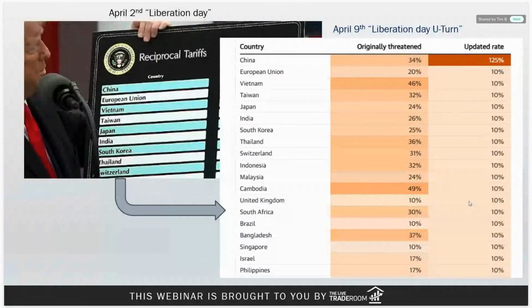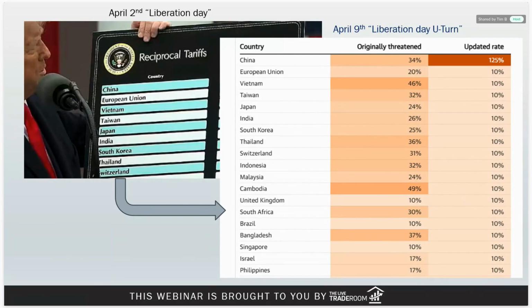Now, this is the broadest and most widely imposed tariffs since the 1930s, again by the US administration. So we haven't seen this type of move play out for quite some time. Now, that's quite important in terms of how financial markets are likely to react to this. So with that in mind,